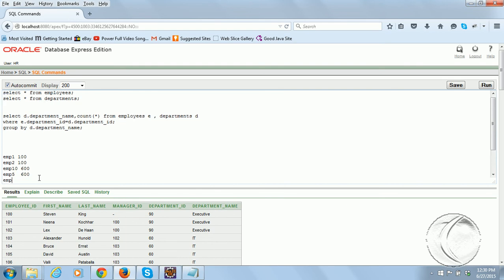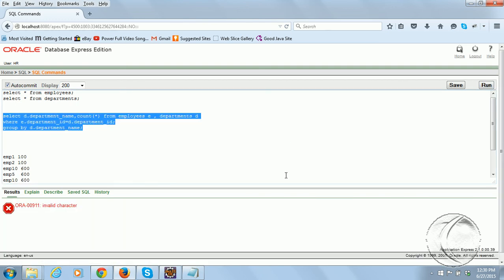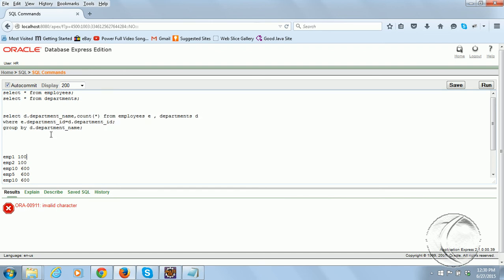Assume if employee 10 is also reporting to 600, count star will give 3 because there are 3 records in this group. Okay, let us run and see the output. You have to remove this.